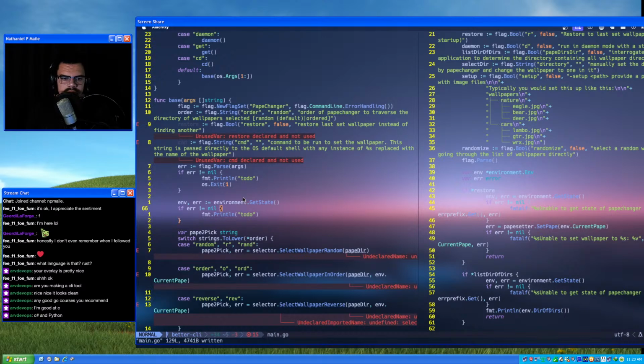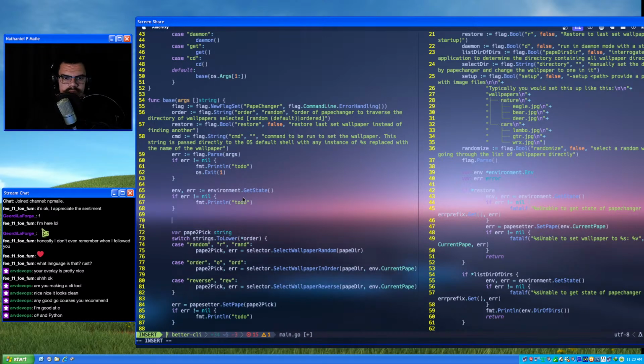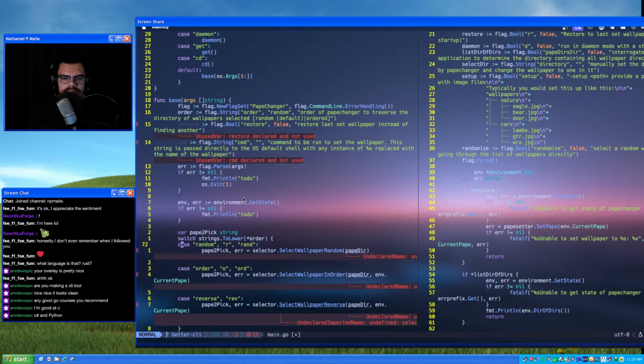Import environment. And we'll say papeDir. You know what? I think we just do env.PapeDir.